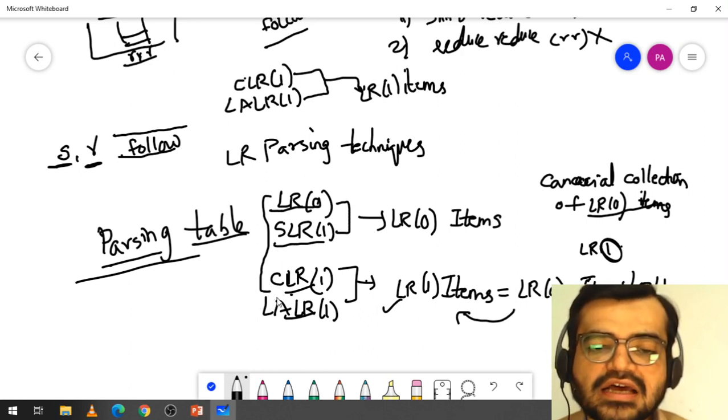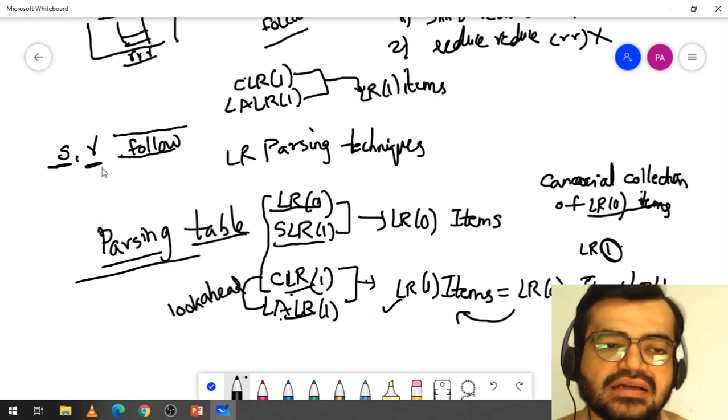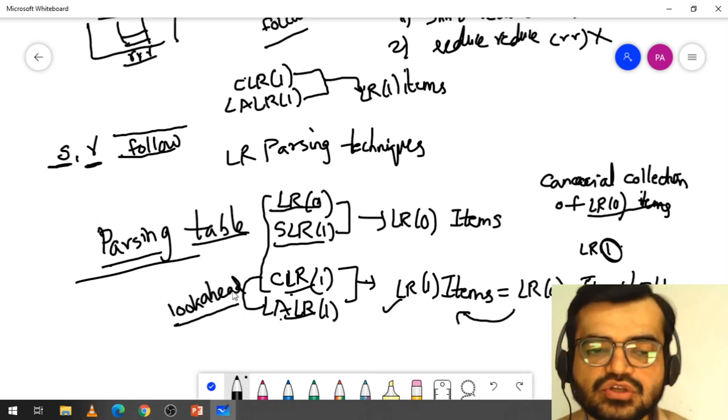Not only in CLR but also in LALR, it uses lookahead. That means the reduce operation will only be taken at the lookahead symbols, not all the symbols. That is the reason why we are using lookahead here.